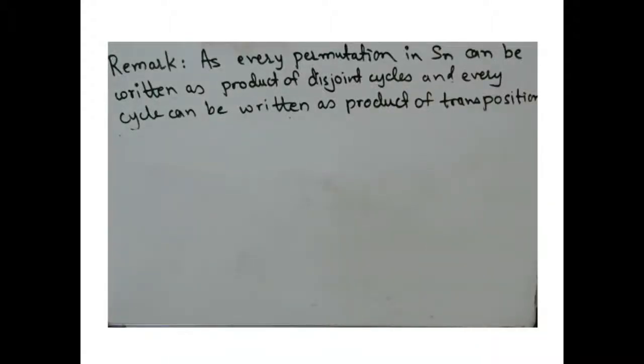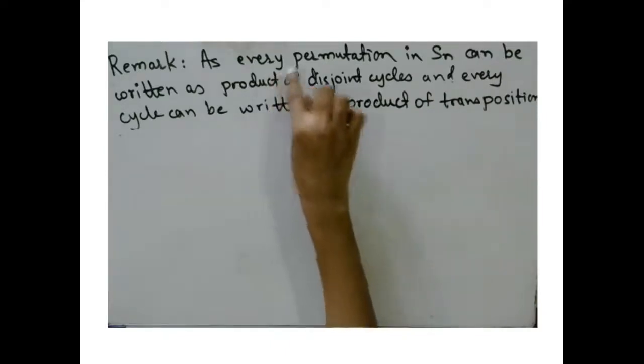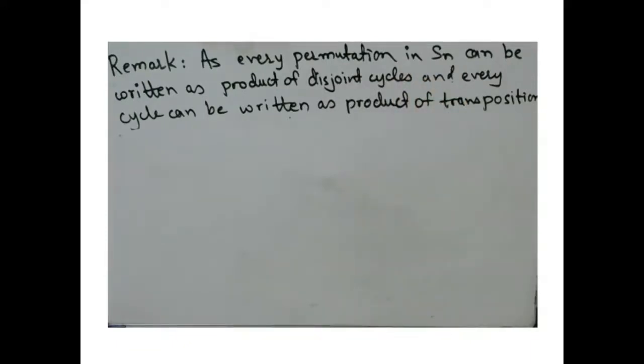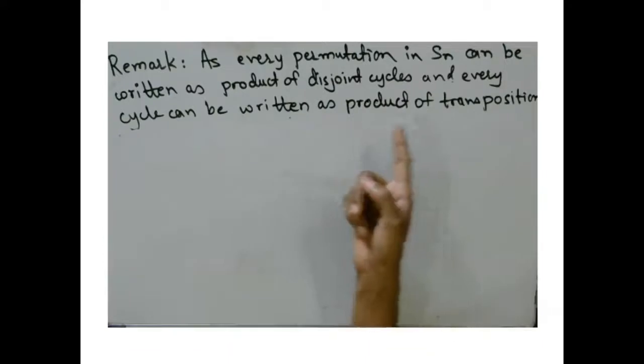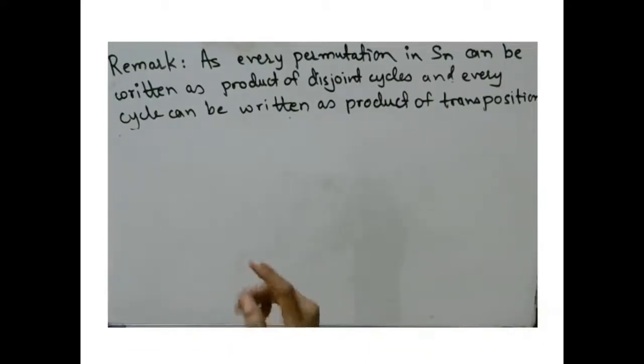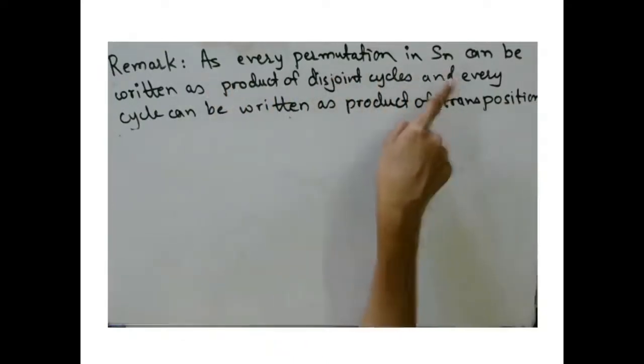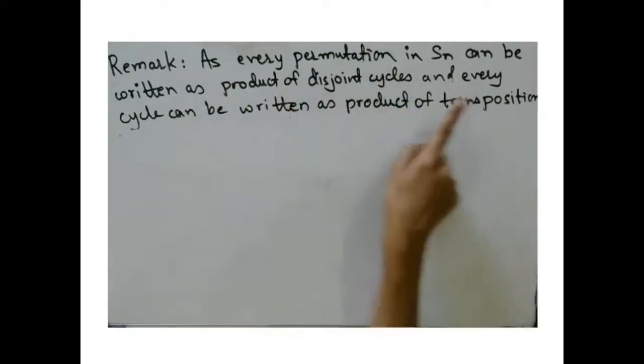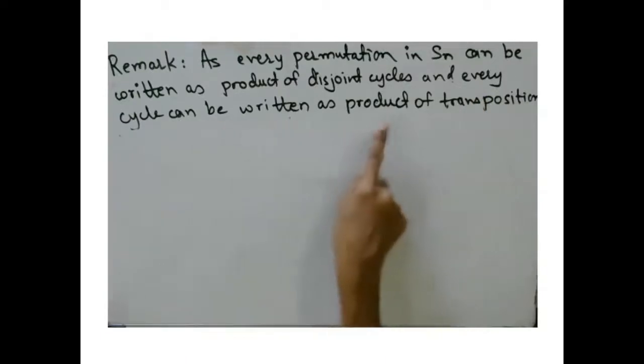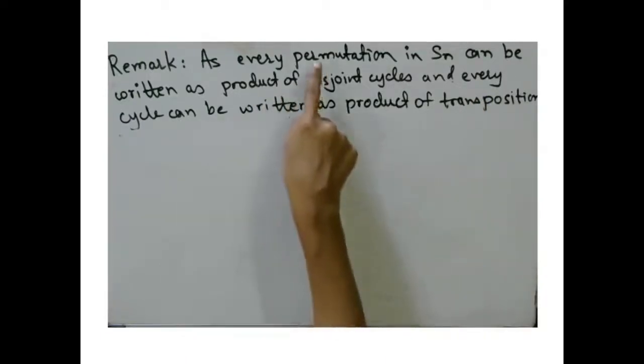Hello everyone. In the previous video, we have seen one very important theorem that any permutation can be written as a product of disjoint cycles. And we have also seen one property of transposition, that any r-cycle can be written as a product of r minus 1 transpositions. So from these two theorems, what do we get? Every permutation in Sn can be written as a product of disjoint cycles, and every cycle can be written as a product of transpositions. So eventually,